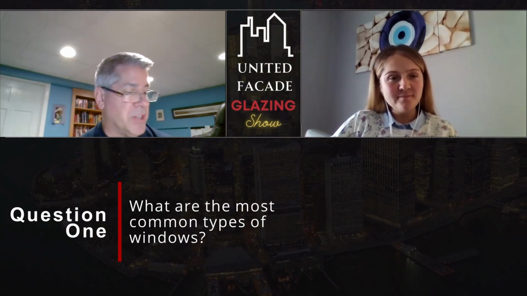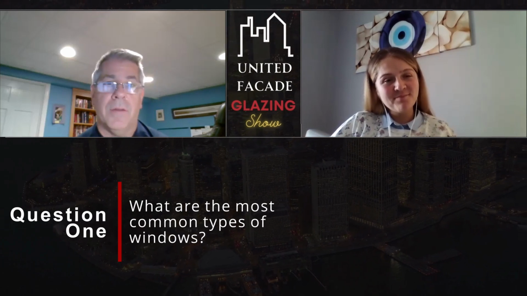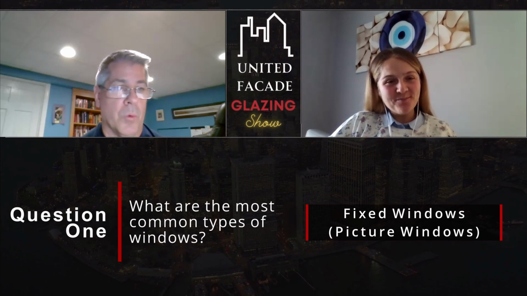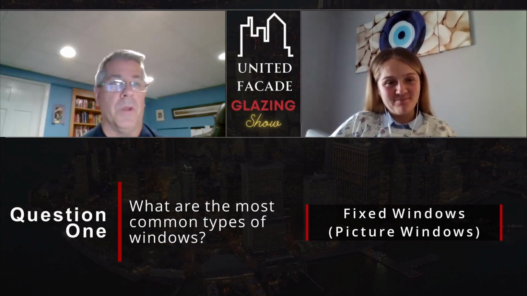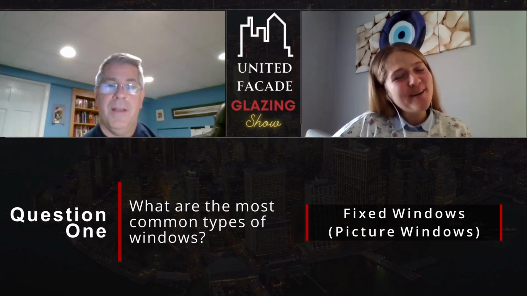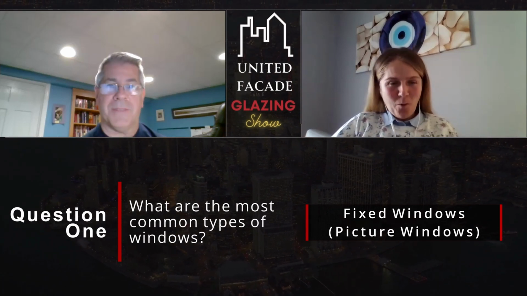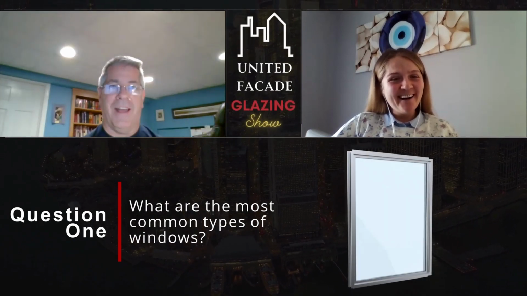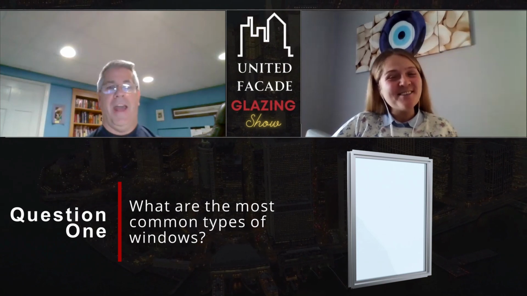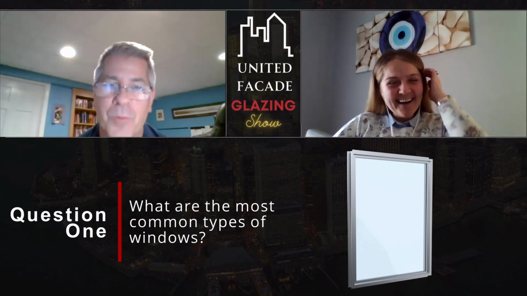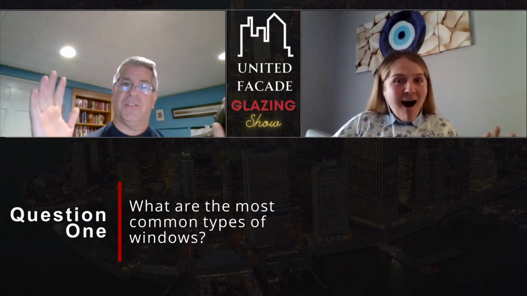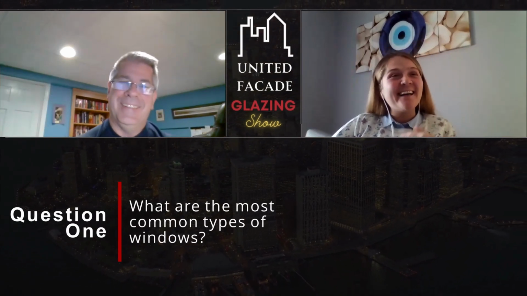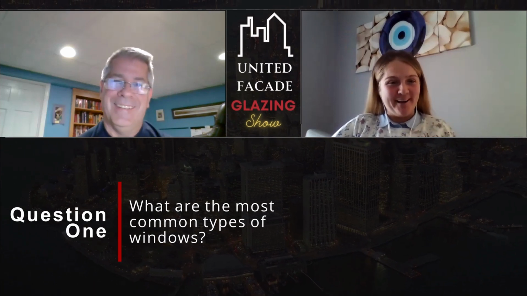We also have, there are several other types of windows which we haven't touched on yet. We also have fixed windows, which, for you and me talking, would be what we would call a picture window. You just have a big piece of glass. You called fixed window picture window. Picture window, yes, because basically you're going to see a frame around it. Okay. And then just a large piece of glass. So you basically just look outside of it. And so that sounds great. If you have this beautiful view, look at the Empire State Building or Central Park in Manhattan. It's like a picture. So that is so good. I will never forget about it. Okay, so